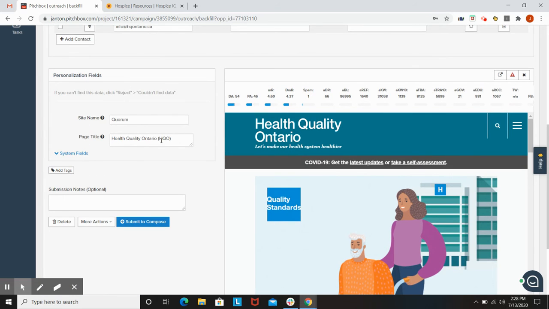Then obviously here we are, Health Quality Ontario. So this is a good example. Let's make our health system healthier. I'm not going to add that little slogan. I really just want the name and then a specific department or a thing like a counseling center if that was that. So you can either type this out or under the page title here, I see they have that. I'm just going to copy and paste that there